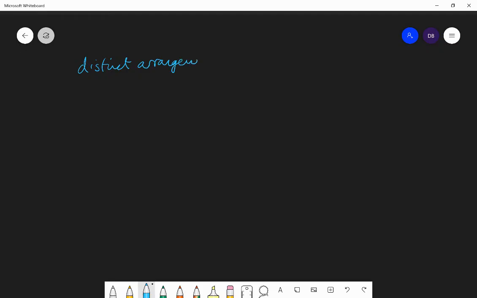Arrangements are not distinct if they are the same. So the number of distinct arrangements of R items chosen from a squad of N items. Like if you had a squad of 18 players and you wanted to choose a team of 11, you would use this formula. So the formula is